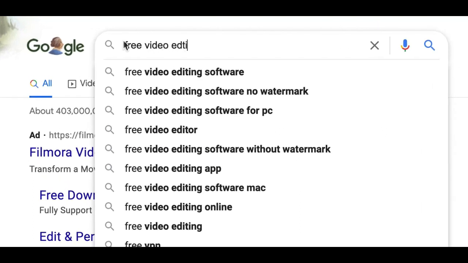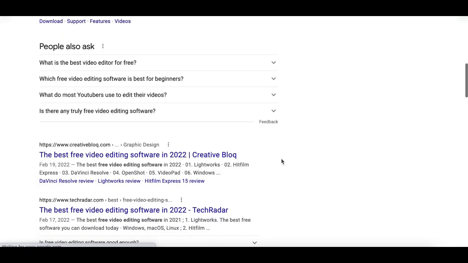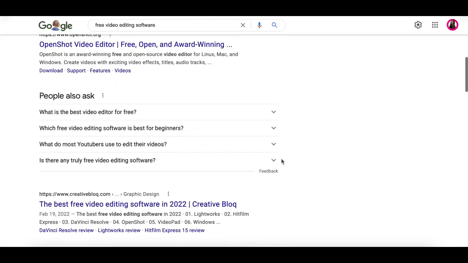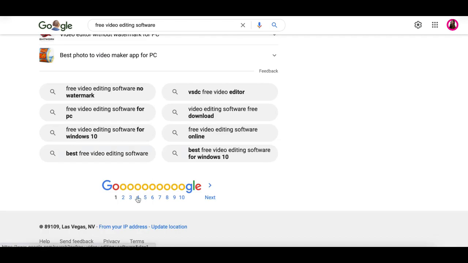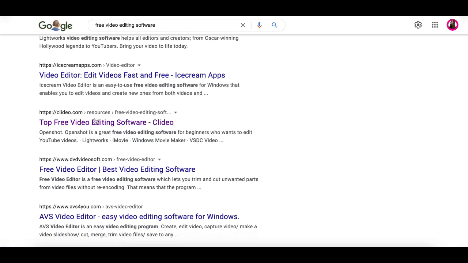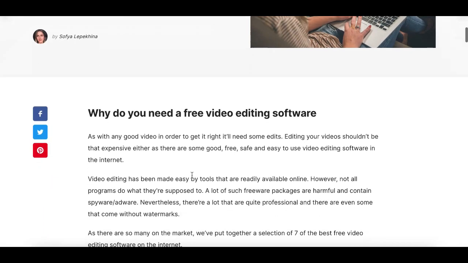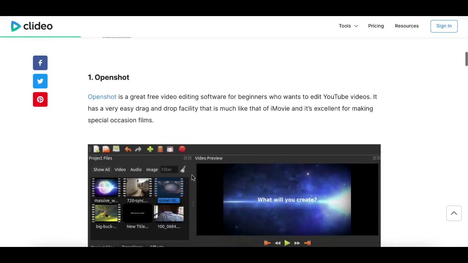If you have a piece of content that's not ranking well for your target keywords, you can use the on-page audit tool in SearchAtlas to discover why. So let's take the search phrase free video editing software as an example, and this piece of content that's currently ranking on page 4. We want to learn what changes we could make to this piece of content to improve